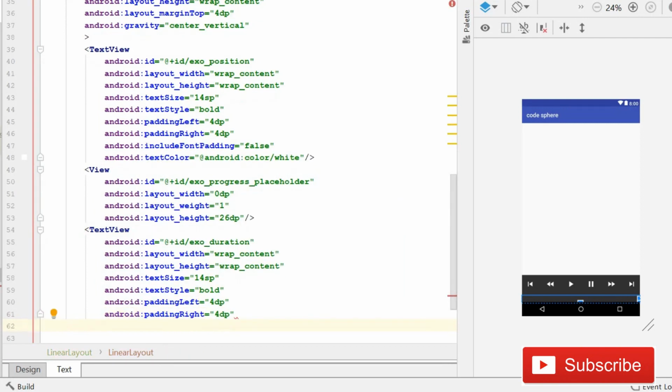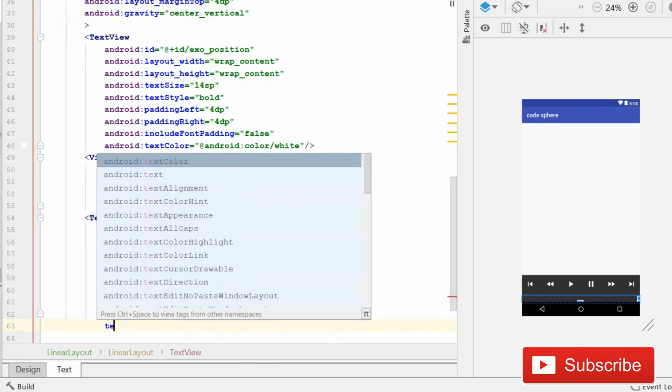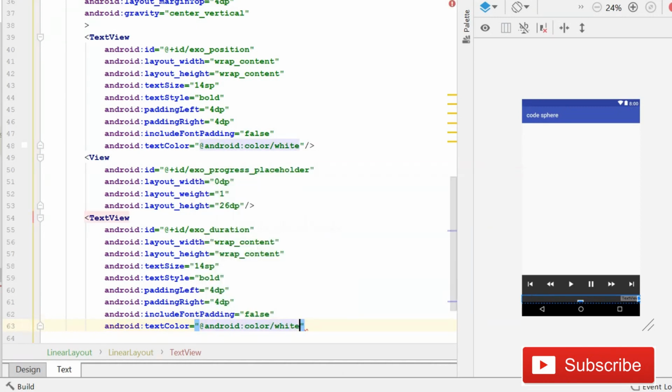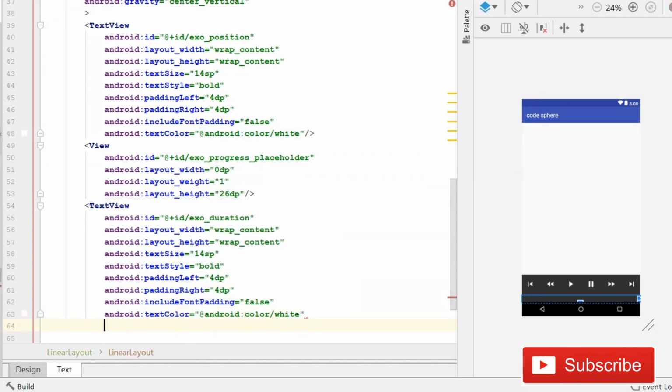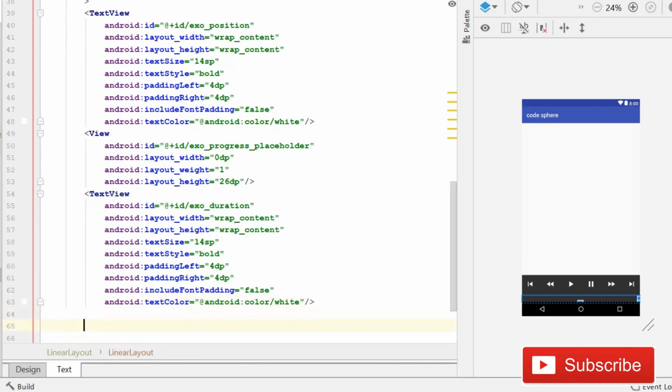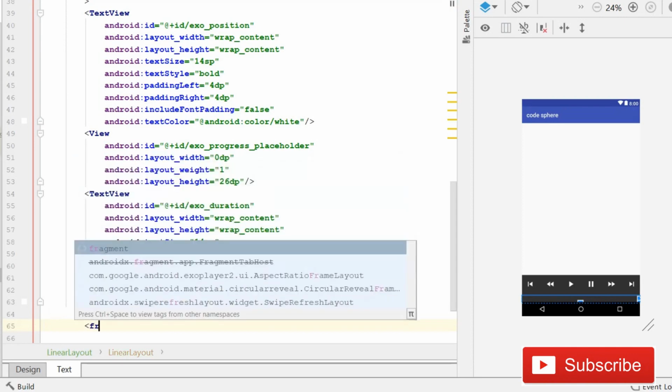And guys, after this include font padding and it will be false. Then again text color and it will be Android, then white. And then after this here what we need to do is it's fine. Now close it. So after this here the most important thing we need to use is a frame layout